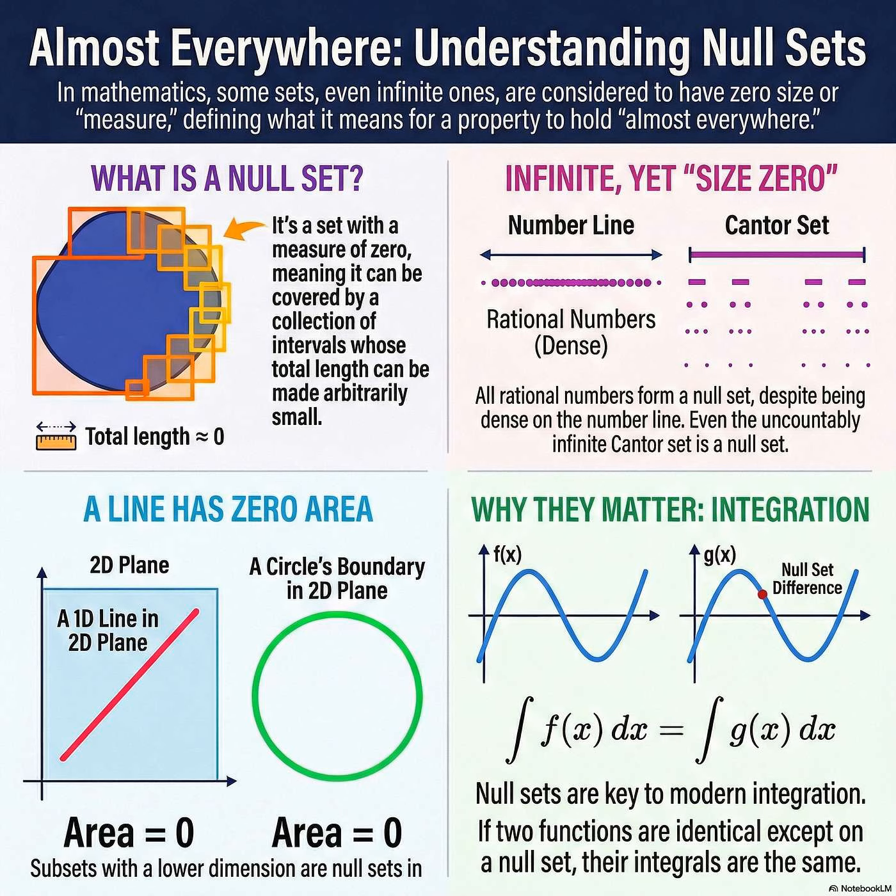And that ability to ignore null sets is really the foundation of the modern Lebesgue integral. In that system, two functions are considered equivalent if they only differ on a null set. Because their integrals will be the same. So it's like a formal way of being a little tolerant of imperfections, right? Yeah. Without breaking the whole mathematical structure. That's a great way to put it. It formalizes tolerance, and that rigor extends into even higher math, like Haar null sets in Banach spaces, which is all about finding sets that stay null even when you shift them around.